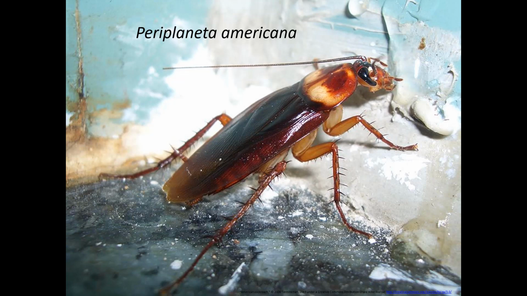Now their life cycle, they live about 10 to 35 months. And in areas where it's nice and warm, so in the southern regions, they tend to live outdoors. They like being underneath the house. They like being in sheltered areas outside. When it gets colder, though, that's when they move inside, and they really like living in the moist areas of the kitchen.